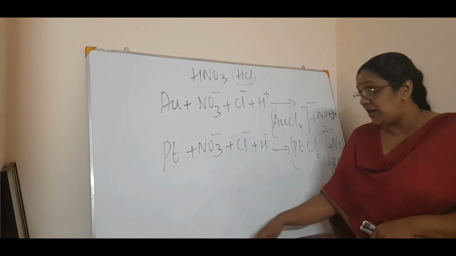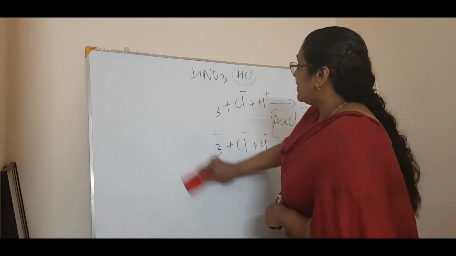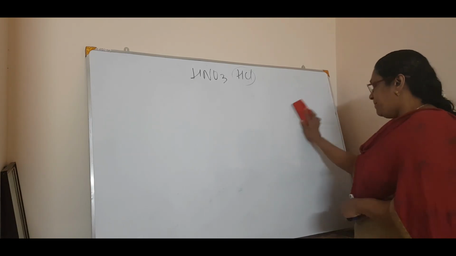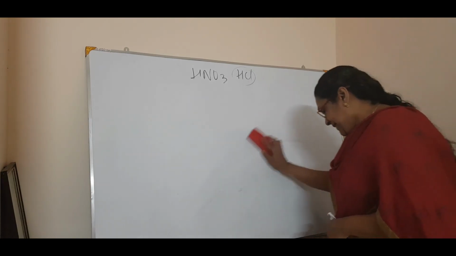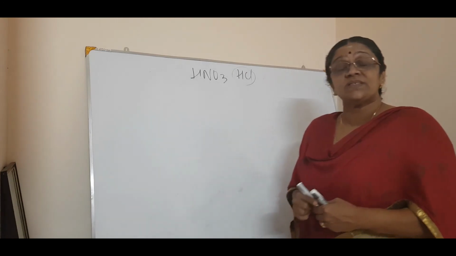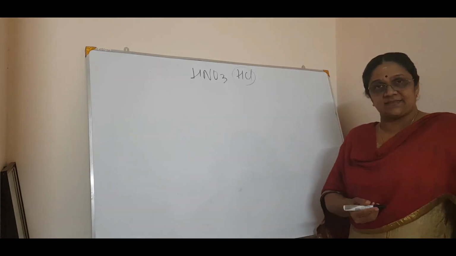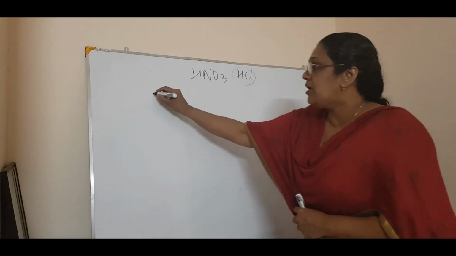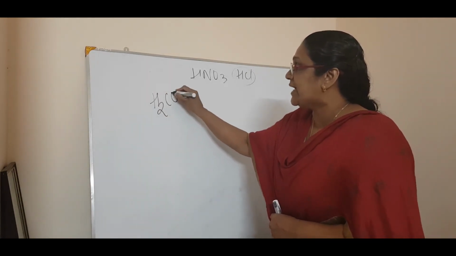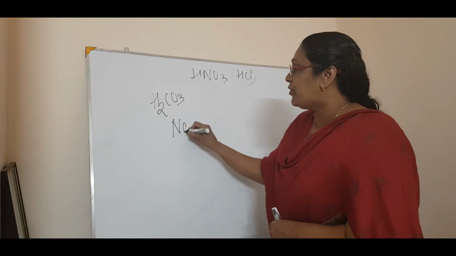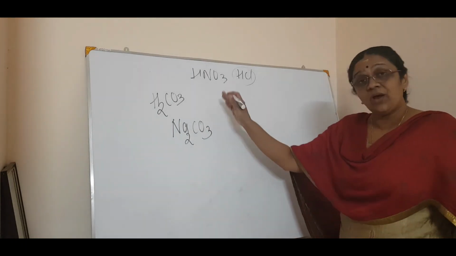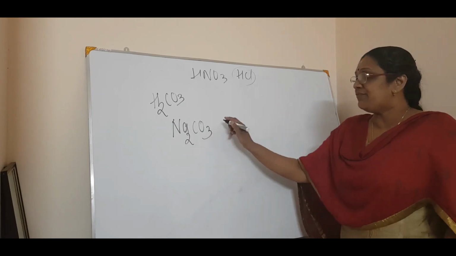And now the last reaction in the case of HCl is that HCl can decompose the salts of weaker acids. What do you mean by salt of a weaker acid? For example, if you have a weak acid, carbonic acid, the salt of carbonic acid is Na2CO3. Correct. The salt of a weaker acid. That means it can decompose.